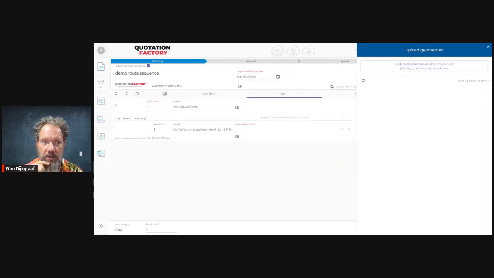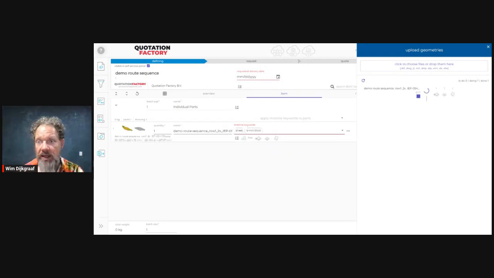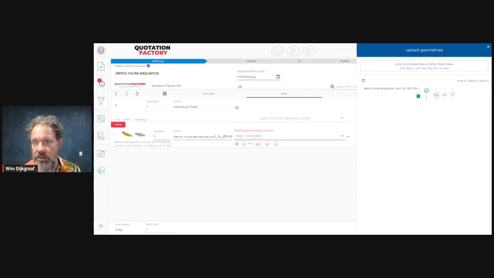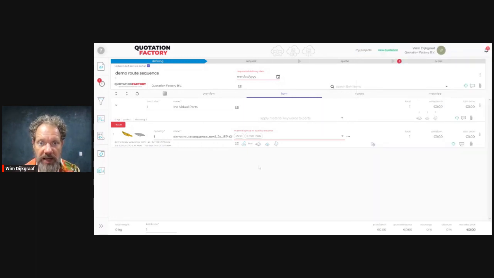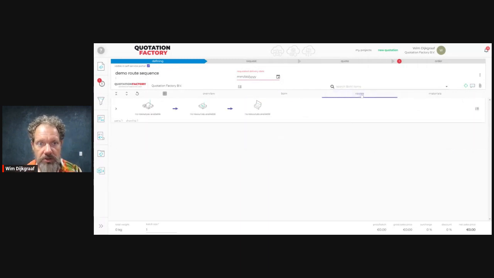So again, the analysis kicks in, and we will see the working steps found in the geometry. And now you see that here they are in the correct order, or the order as indicated by the route template: sheet cutting, engraving, sheet bending, and also over here you see the right order. If I go to routes, I see that same order. If I change this to this, it's not possible because that's not within the constraints set up by the route